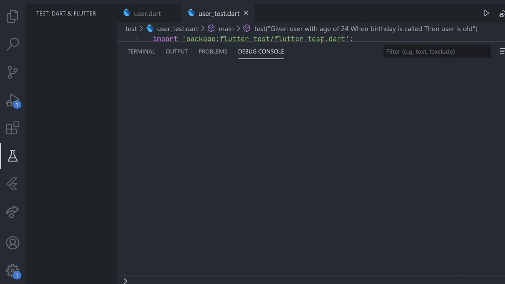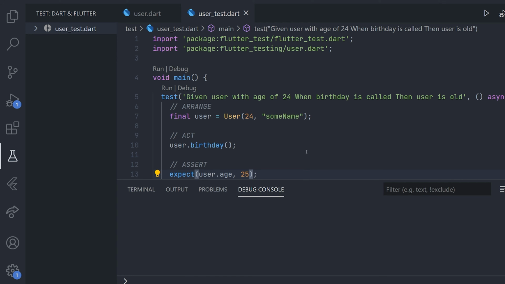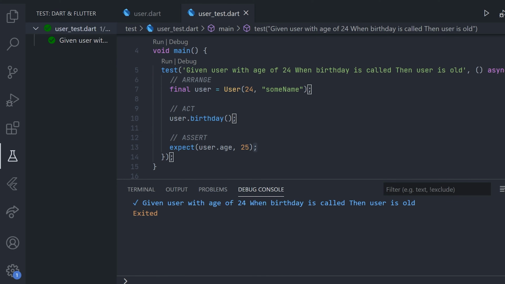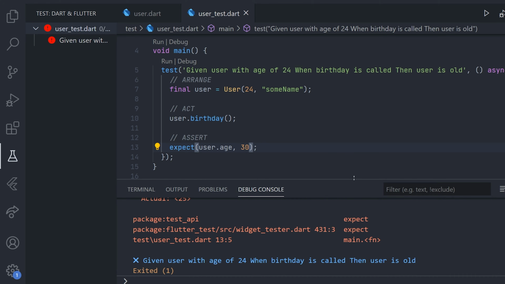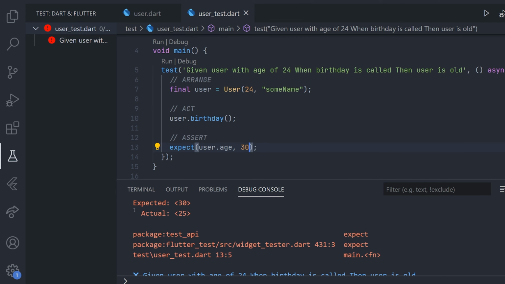In VS Code, it will open the debug console, and on the left side you can see the test tab. Here we can see the actual test running, and if we open that, we can see the specific test. Now when our test passes, we get a green check mark, but if it fails, we will get a red one with the debug console explaining.